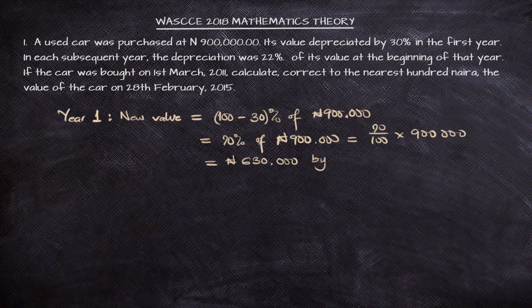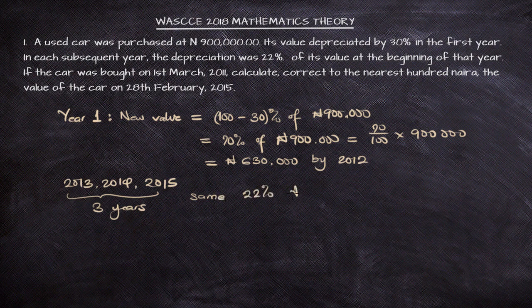So now, by the end of the year 2012, the value is 630,000. Now, for the years 2013, 2014, and 2015, we are told that the depreciation was 22% for these 3 years. It is the same value of depreciation, 22% for these 3 years, and that means the value that we're going to get